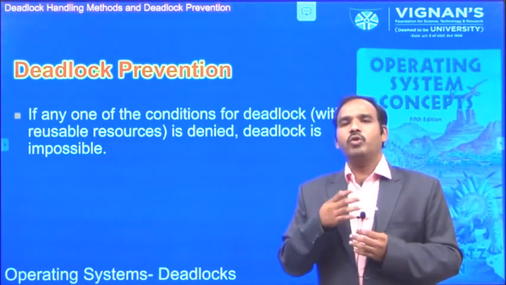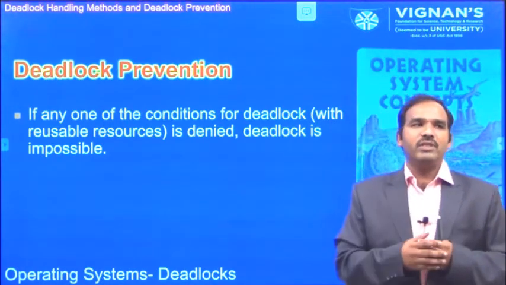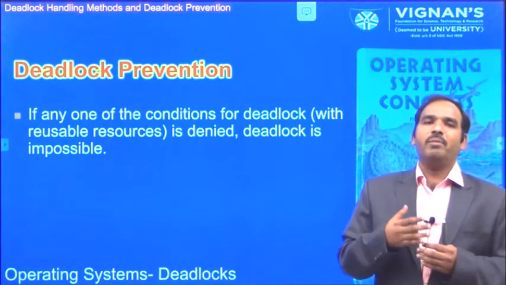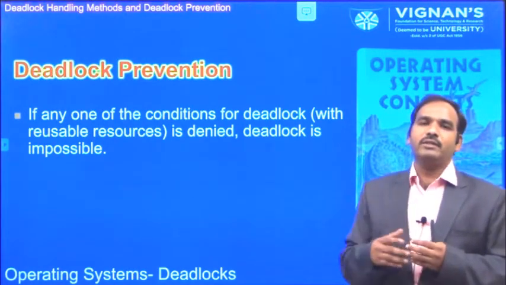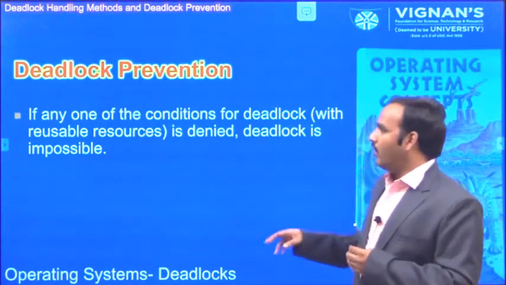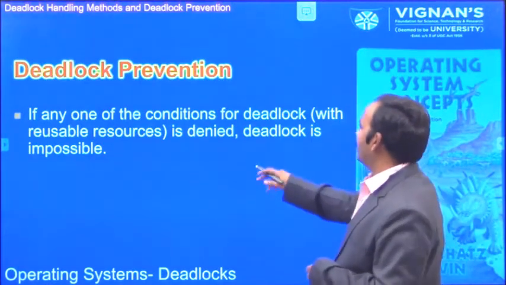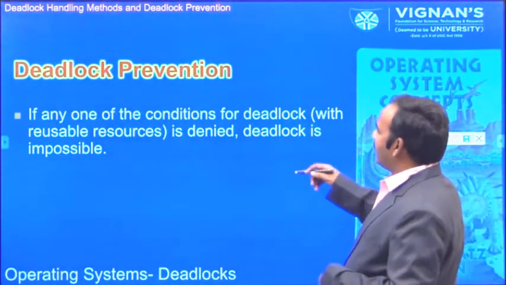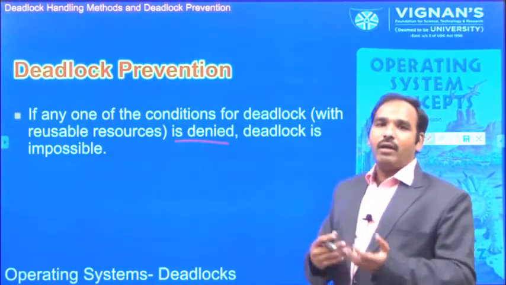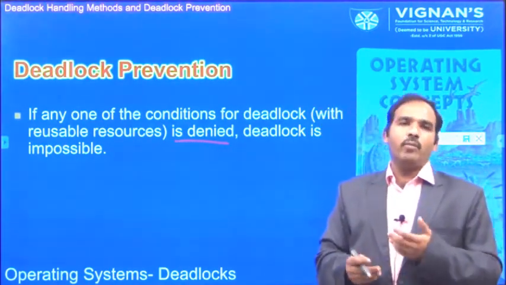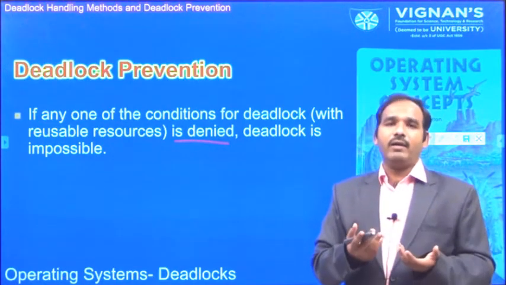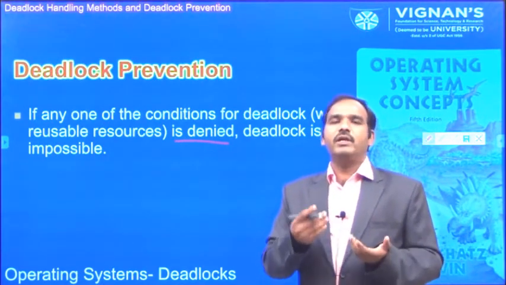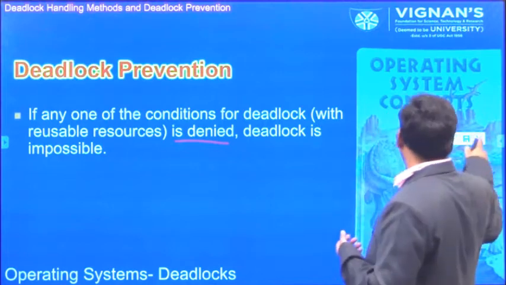Here are the conditions and rules we are going to impose in the operating system. When we impose these conditions and protocols under these 4 conditions, definitely we can prevent the deadlock. So here we are going to deny the conditions of a deadlock. What conditions are we going to deny? All conditions we are going to deny, if possible. You can deny all conditions, or any one condition is also sufficient to prevent the deadlock.